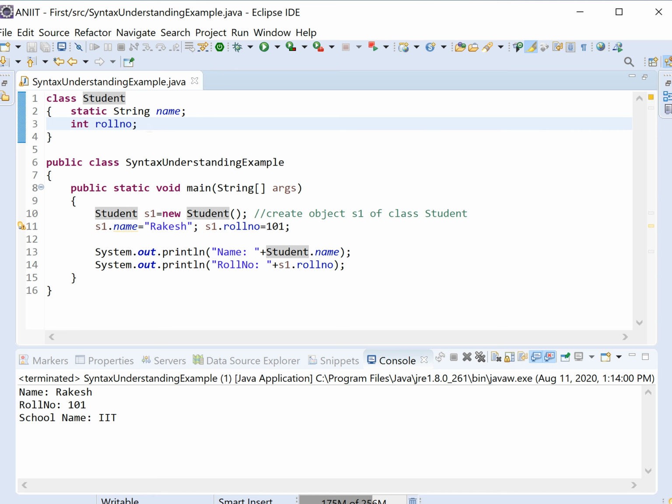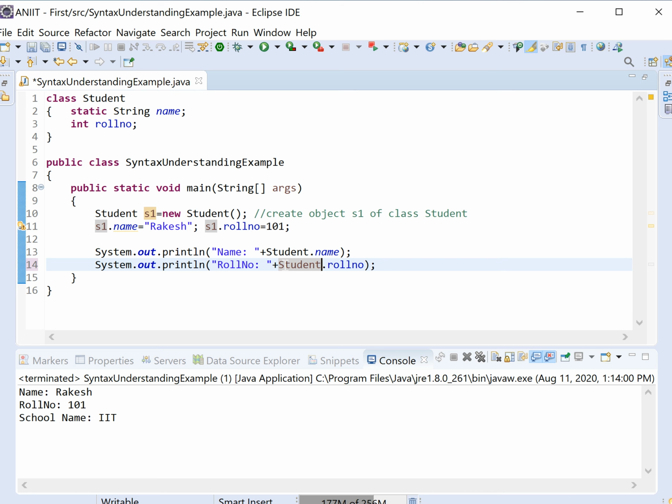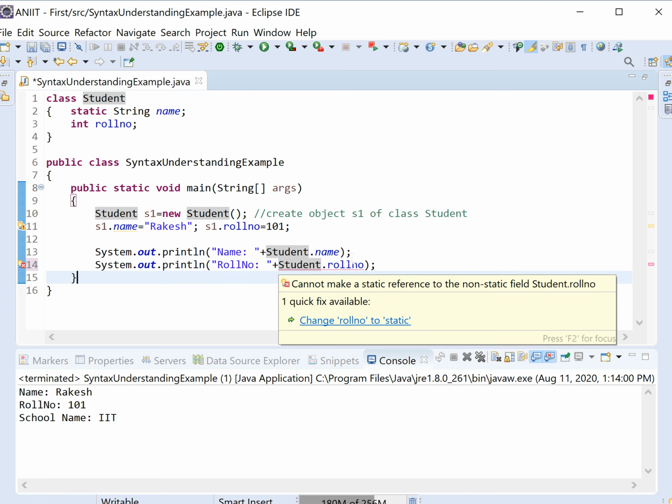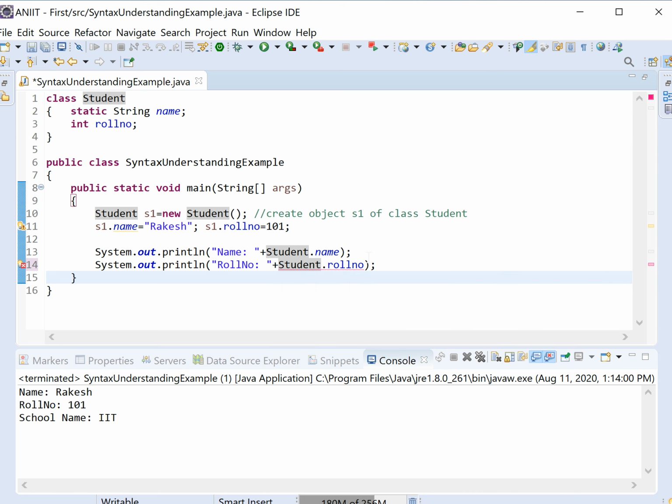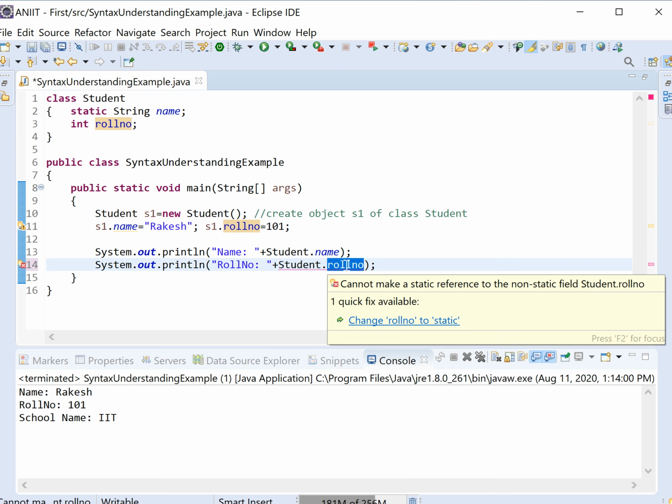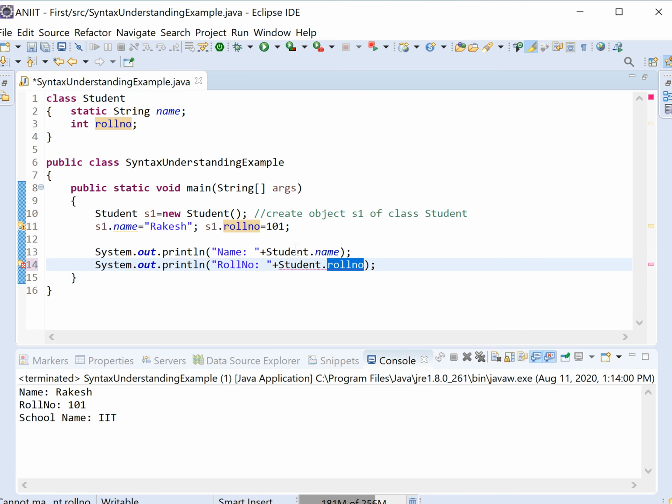If a member is not static, it is a non-static member, and a non-static member cannot be accessed directly through the class. If you want to access roll number here, that is a non-static member, and name is a static member, so you cannot do that. Remember only two things: static member and non-static member.